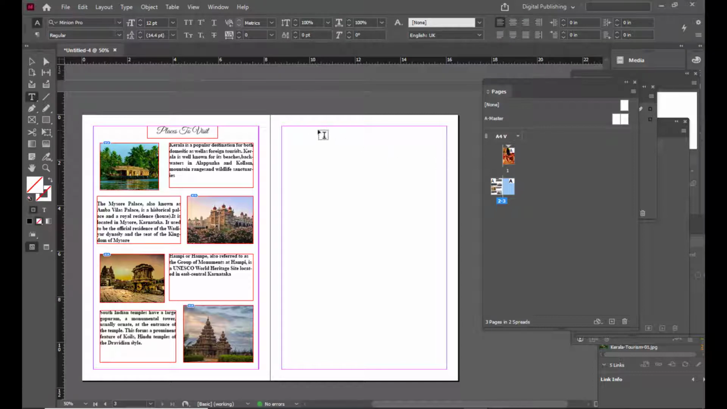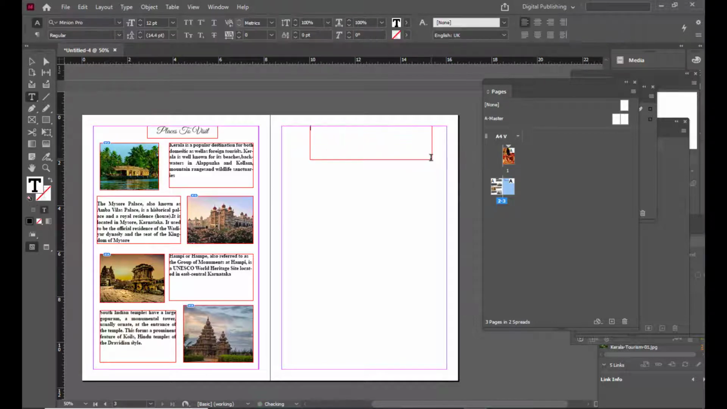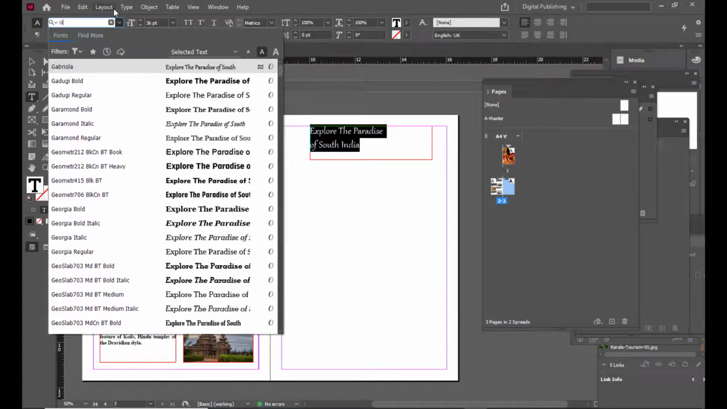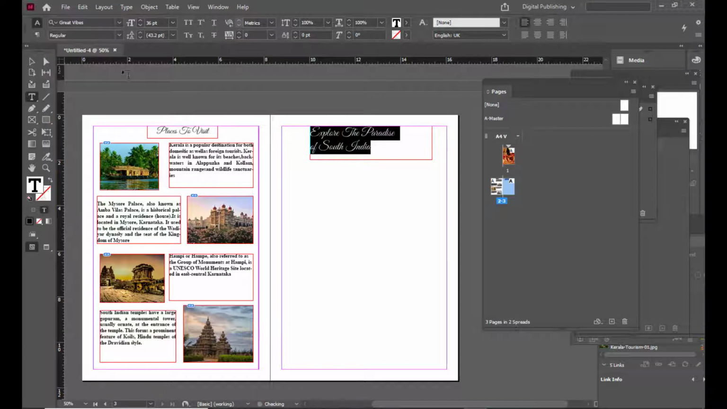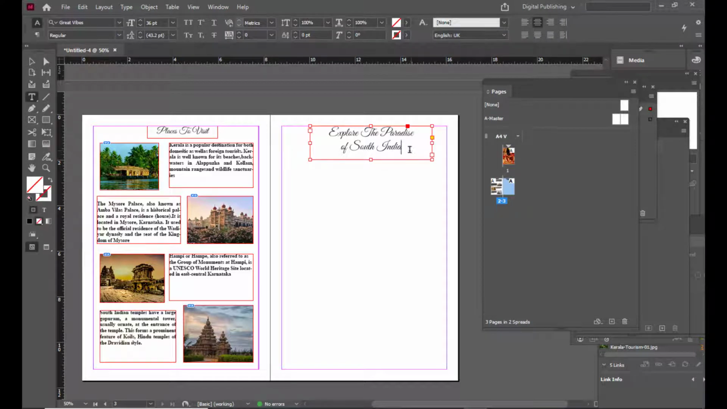So we will be placing the title for this page. So just create a text block, and then we'll say explore the paradise of South India. So simply resize it, and for this also we will use right wipes, right, and we'll center align. So we can slightly increase the size, right,